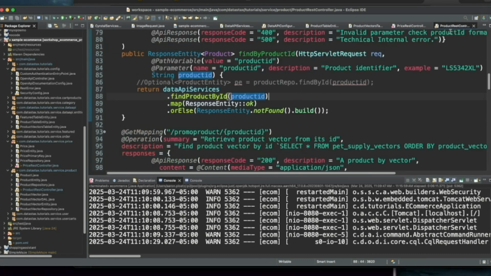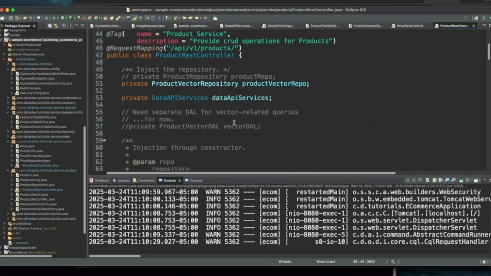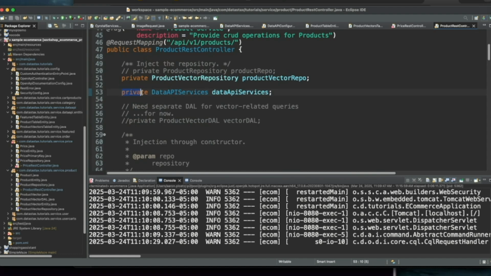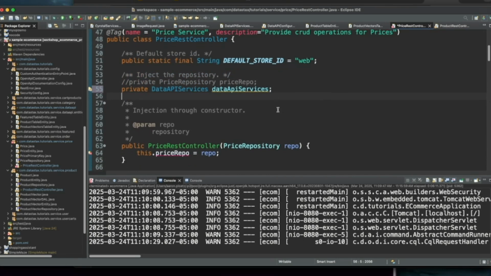Let's have a look at the product REST controller just to verify a little about how we did that. And you can see that we need our declaration of our Data API Services class property. So let's grab that, and we're just going to paste that right there.